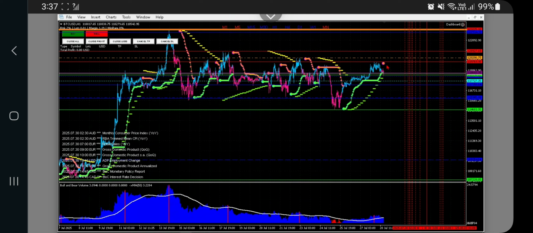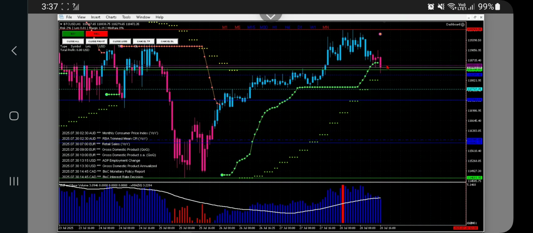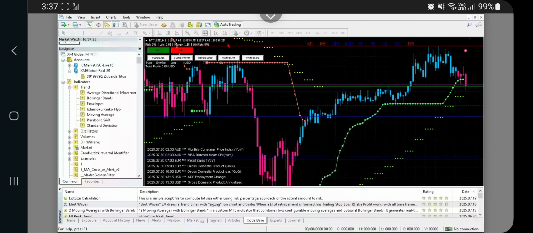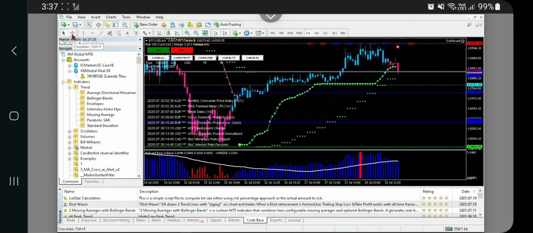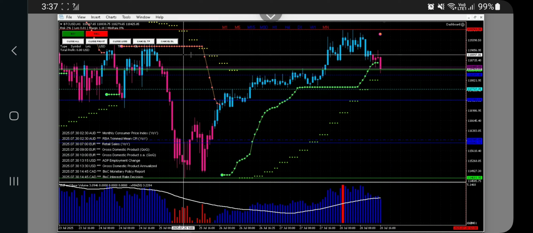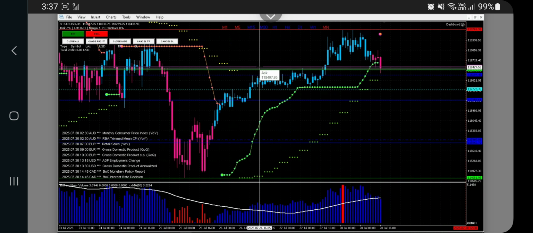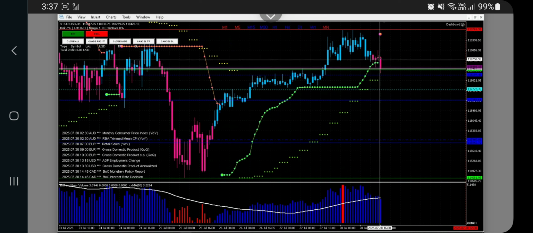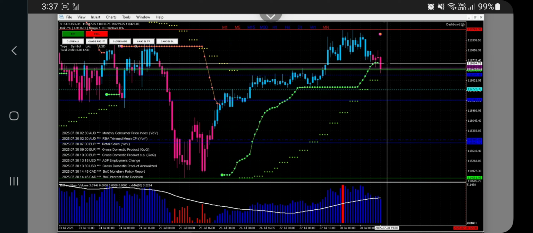We can see that there is a sell signal that has formed using our indicators. We can see there is a potential breakout taking place right now for Bitcoin. Not quite sure how to do this. Control F, okay, so that's the shortcut. If I press Control F, we can see that we have this wick over here that has been broken through. We can see there is also another indication over here